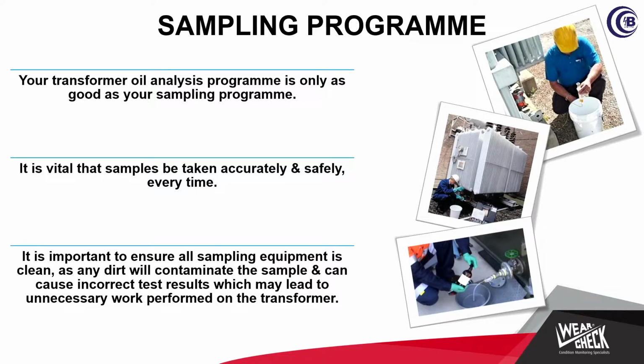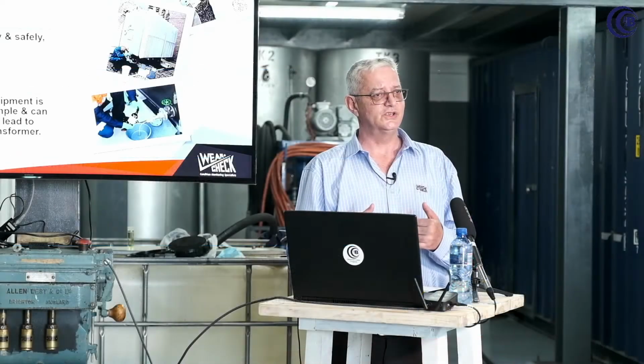They never ask, or sell them. What about sampling? Who's taking the sample? Now, for a laboratory, we have to run standards. Every tenth sample in a laboratory is a standard, traceable back to an international standard. If that sample fails, we have to scrap the previous 10 tests and redo those samples. So we have got a lot of standards in a lab that we have to run to make sure the